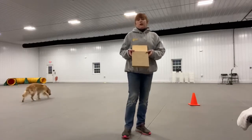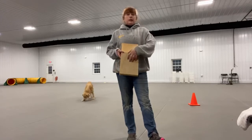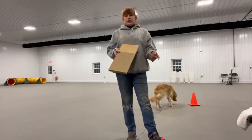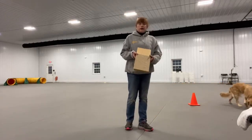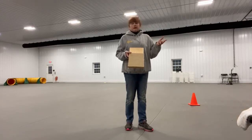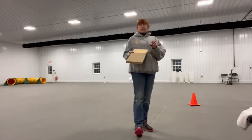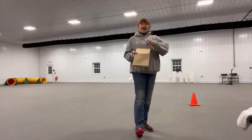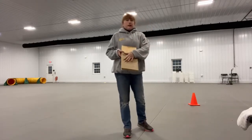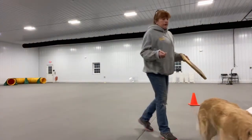But the first thing, before I can get my dog to scratch their own nails on this, is I need to teach them a cue that means do this, right? So we're going to start with how to teach that cue. For those of you looking for some tricks, this would be a dig cue. You could call it scratch or dig or whatever makes sense to you. We're going to start out with teaching them how to use their feet and getting that action. I need to get that foot action of them scratching something prior to presenting a board. Then I'll show you another way to teach this besides the trick portion. But for those of you who like tricks,